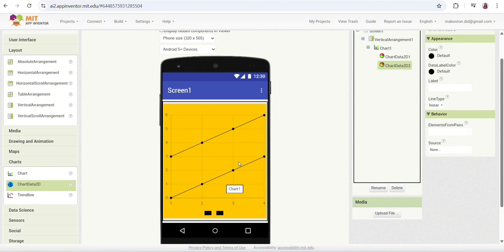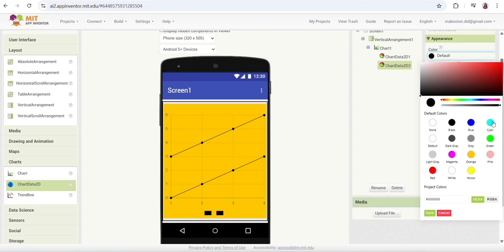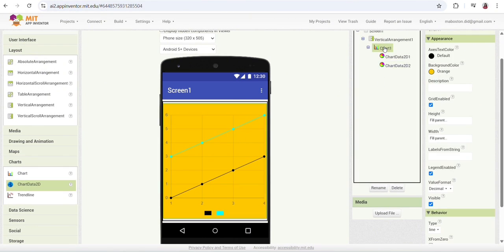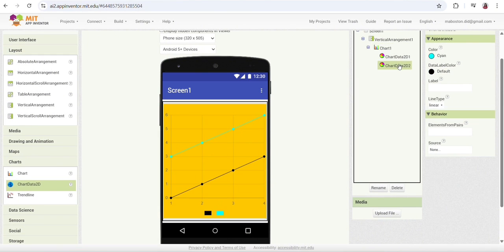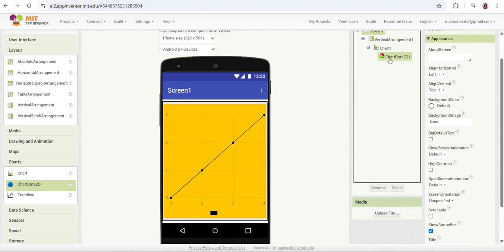And if you want to change the color of this set of data, you have to go here and select color, for example, this cyan. Now let's go back to your chart component. Since we only need one set of data, we should delete that one.